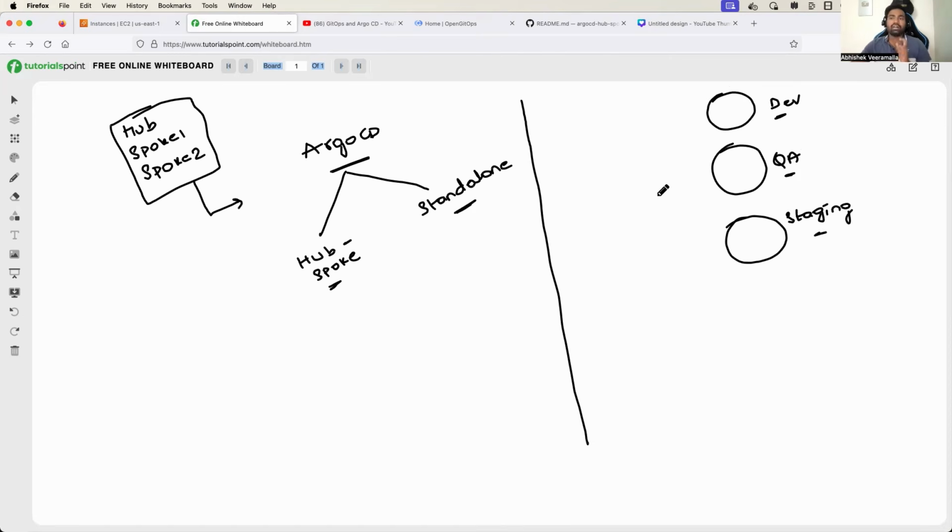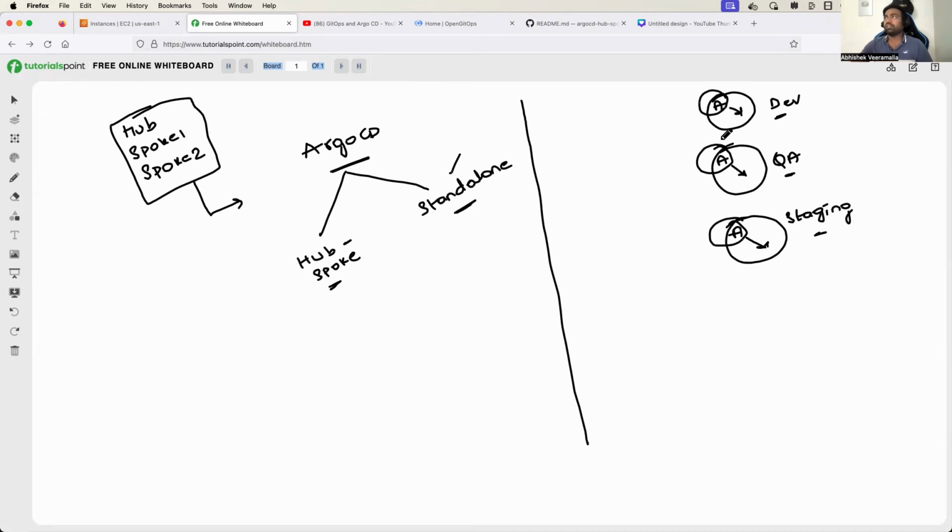If you have an Argo CD instance for each of these environments, let's say there is one Argo CD here, one here, and one here, and each of these Argo CD is responsible only for that particular cluster, then this model is called a standalone model. Or this is basically a singleton model or single instance model,